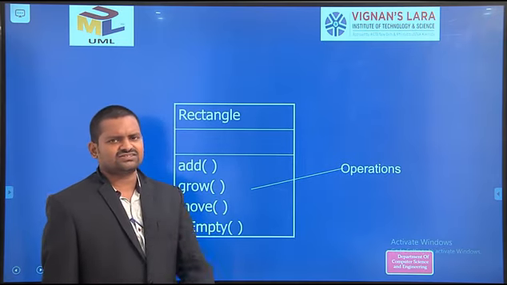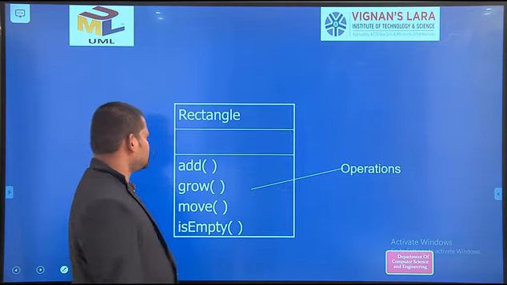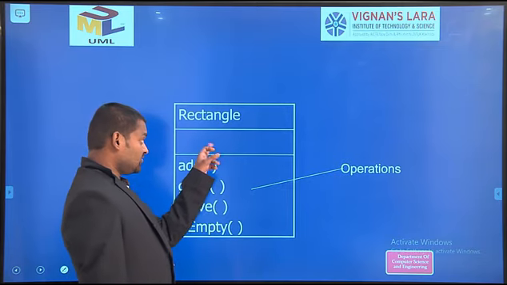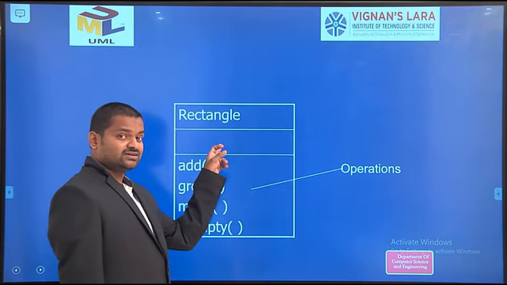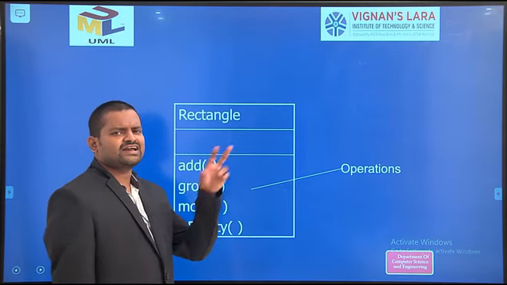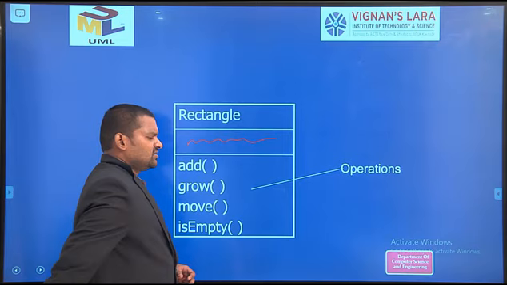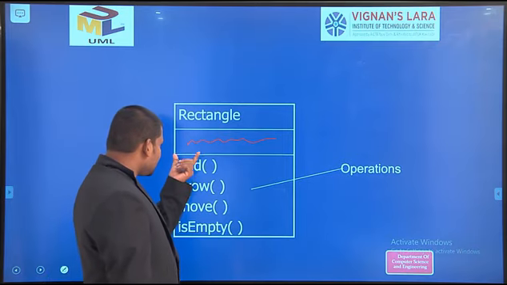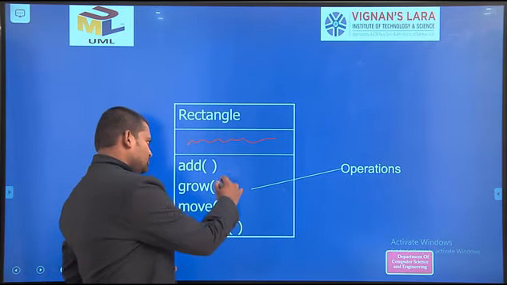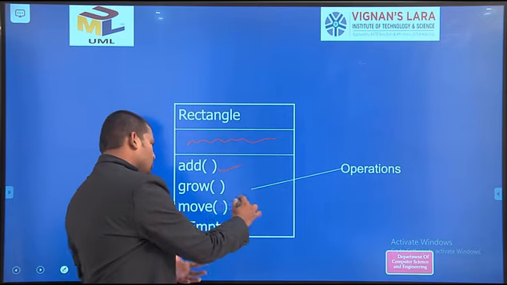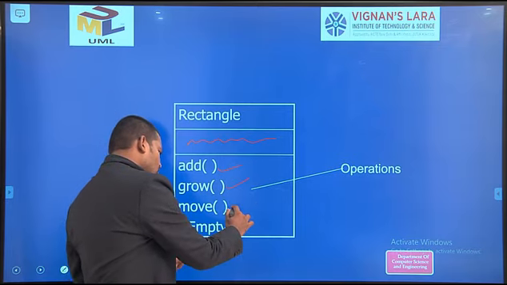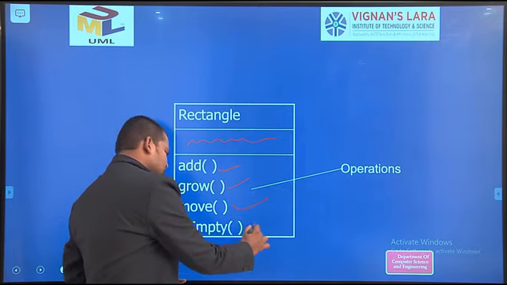Rectangle is a class name. So here for rectangle, you may write attributes in this section. Here you may write operations for the rectangle: add, grow, move, isEmpty.